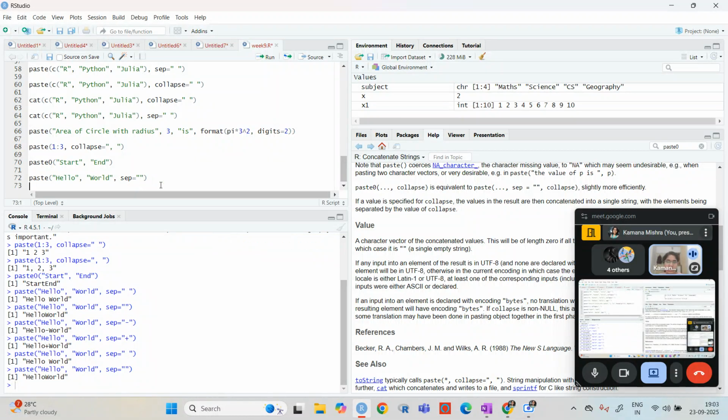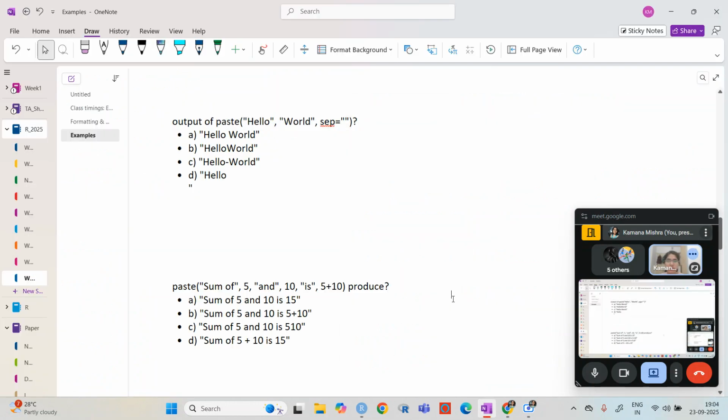If you just use this no-space kind of separation, then it will work like base 0, right? So in base 0 we just do not have that separation. So the correct answer will be the second one.